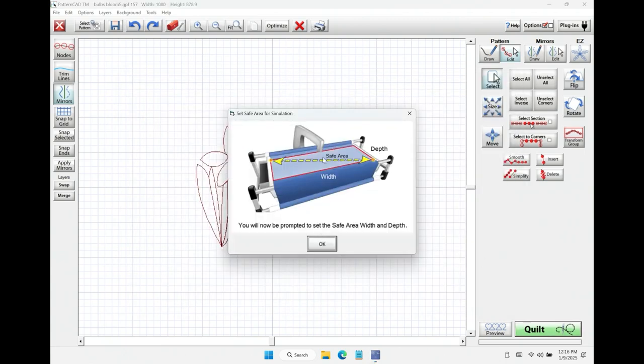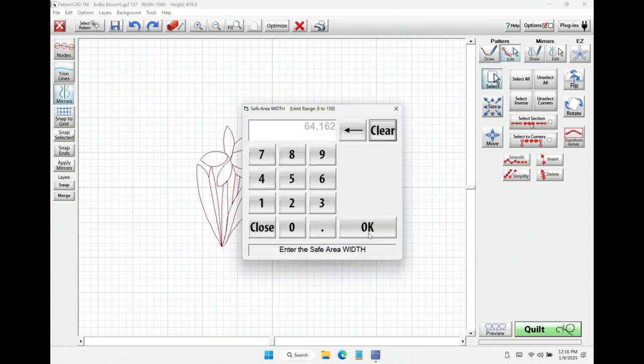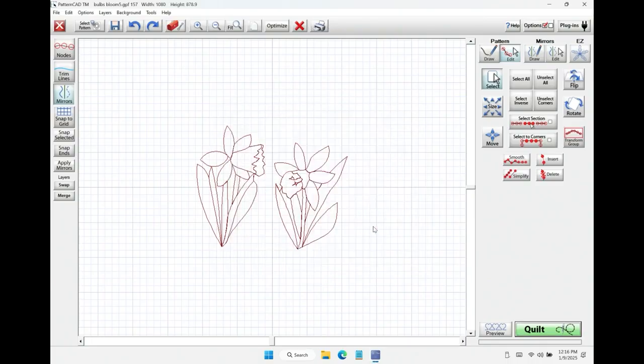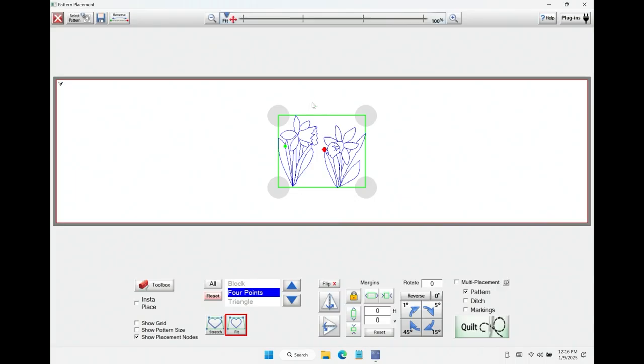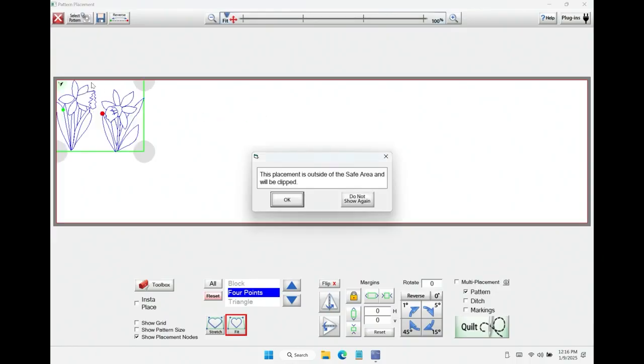And I am in simulation mode. If I was on the frame, I would actually move the machine to set the safe area, but since we're just doing this as a simulation, I'm just going to let it pick its numbers, and then I can choose how to set our placement. And basically we would use the needle, but since this is in simulation, I can just click wherever based on this and say, okay,